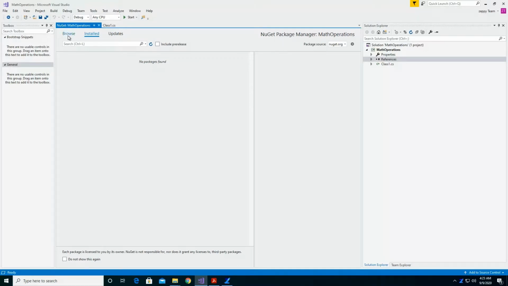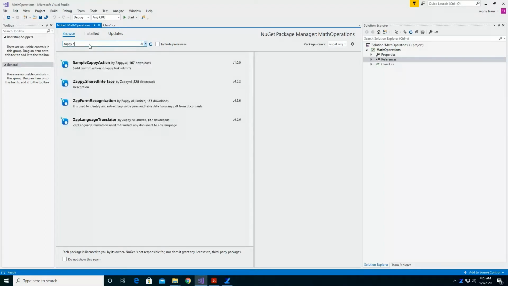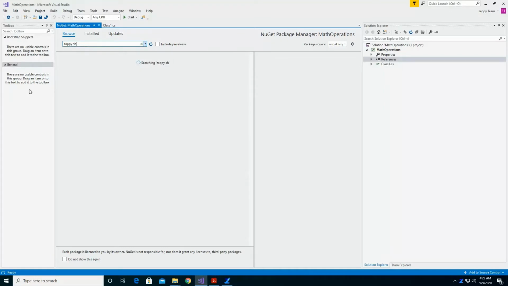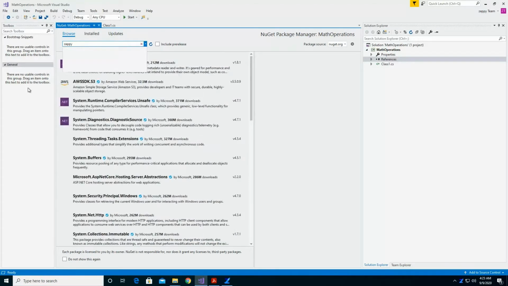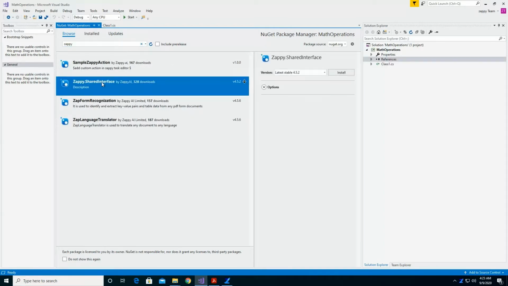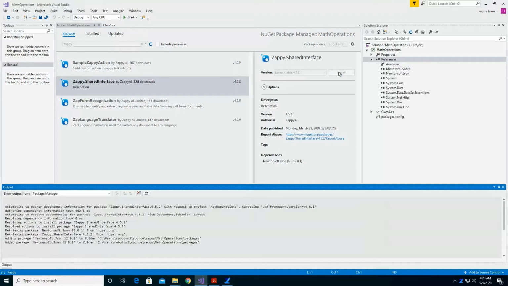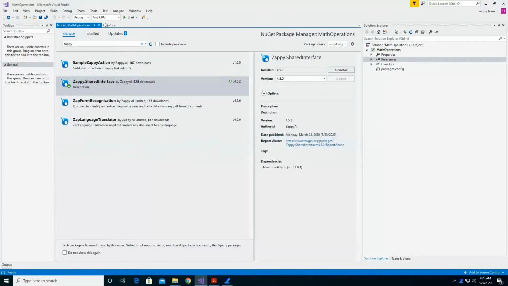For that purpose, go to the Browse section and in the search term write Zappy shared interface. You can find Zappy.SharedInterface. This is what we have to install before writing the code. Click on Install. The installation is completed. Close this.